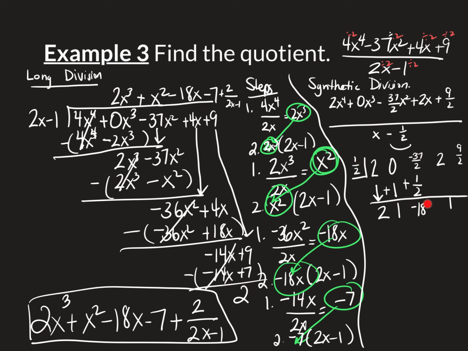And now I multiply -18 times 1/2. -18 times 1/2 is -9. Then I put that answer here. -9 goes here. Oops, I put it in the wrong spot. Sorry about that. Then I add. 2 plus -9 is -7. And now I multiply. -7 times 1/2. -7 times 1/2 is -7 over 2,